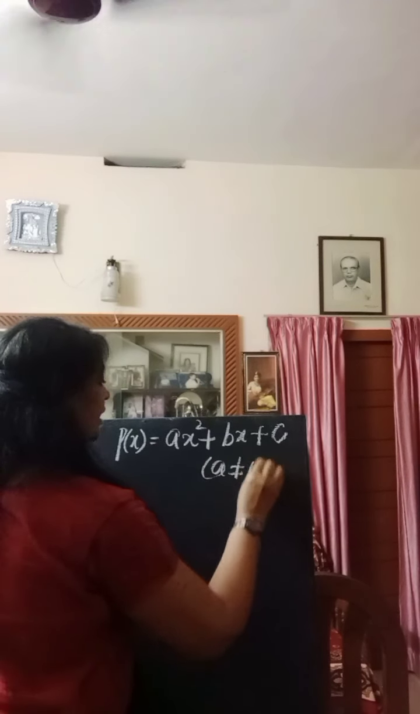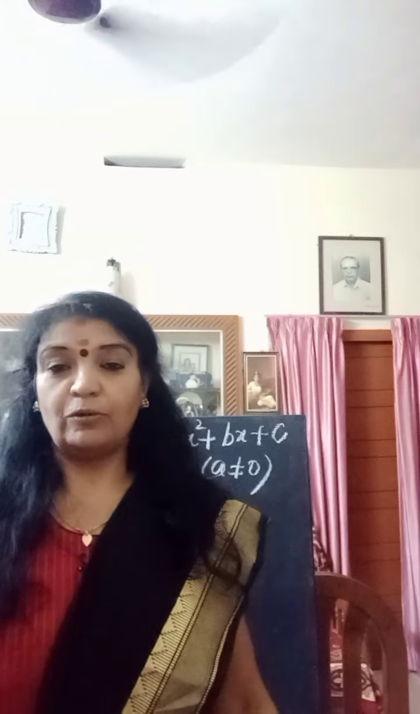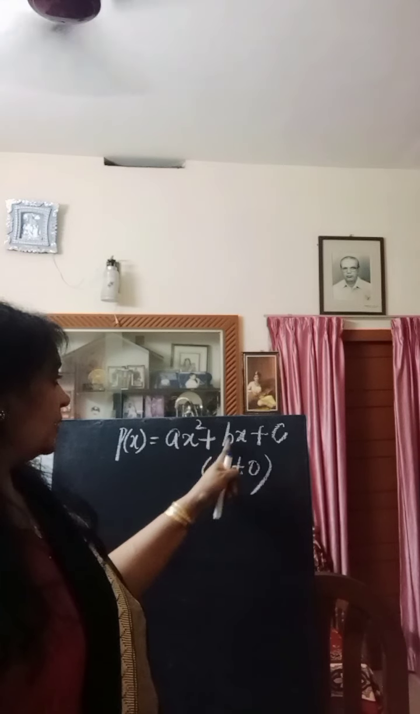Then what is the general form of a quadratic polynomial? That is a very important question. A 1 mark MCQ question may be asked: what is the general form of a quadratic polynomial? Look, p of x equal to ax square plus bx plus c, where a is not equal to 0. That is a condition. The highest degree is 2, so that coefficient a is not equal to 0. You know the coefficients: a is the coefficient of x square, b is the coefficient of x, and c is